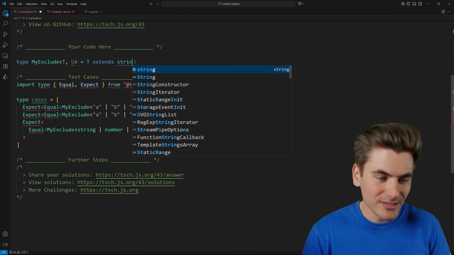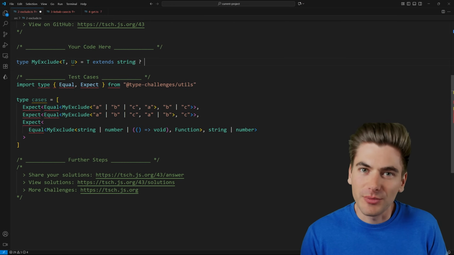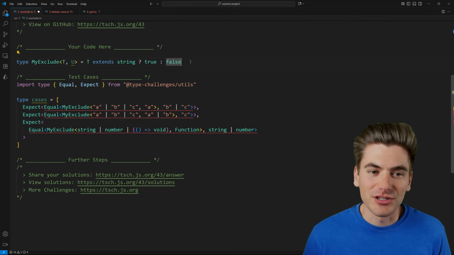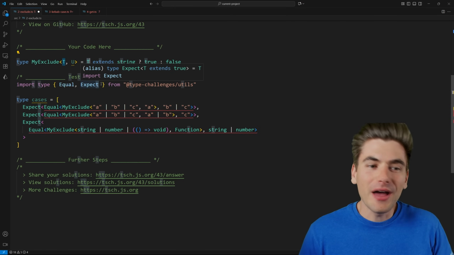T. So for example, we should say T extends string. And now if T is a string, whatever is after our question mark is going to return. So for example, true. And if T is not a string, then this false section is going to be what's returned. And this works great when you have a single value for T, but when you have, for example, a